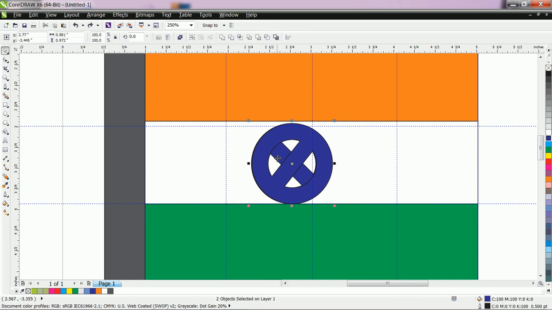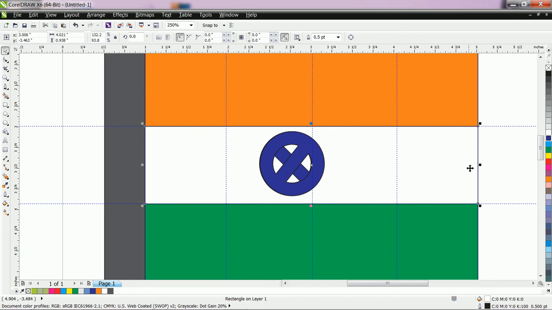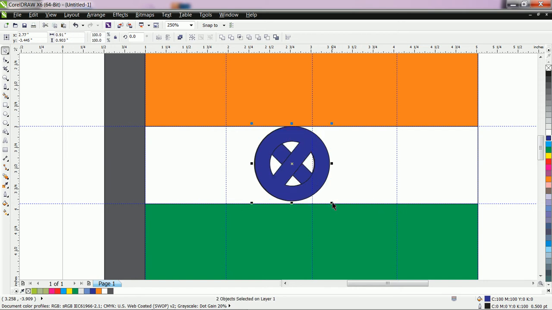With the help of shift, okay, let us set here white color. Okay, now it is proper. Again with the help of this outer symbol, let us create a two symbol.